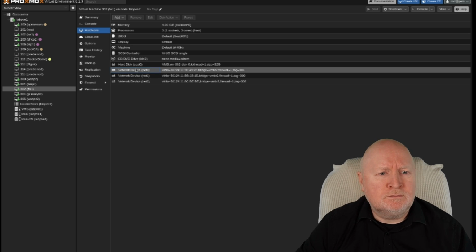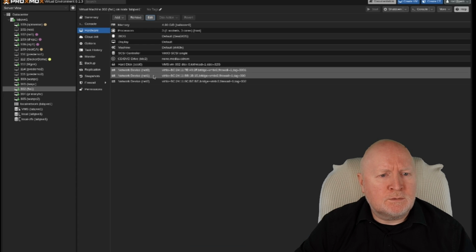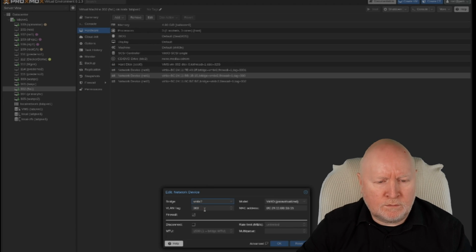So I'm going to select the first one, click edit. Now I'm not using anything in the 3000 range, so that's what I'm going to do is just put all of these interfaces into a 3000 and something VLAN. So for this one, I'm just putting 3 in front, so it now goes into VLAN 3301. Click OK. Then I'm just going to do the same to all of the other interfaces that we've got on this